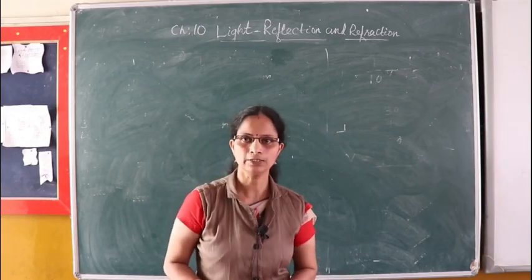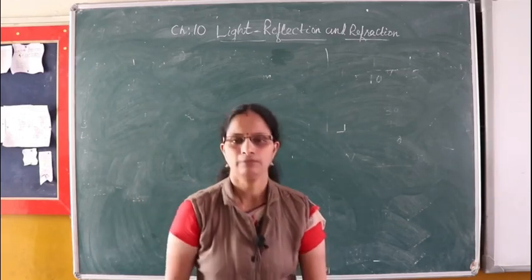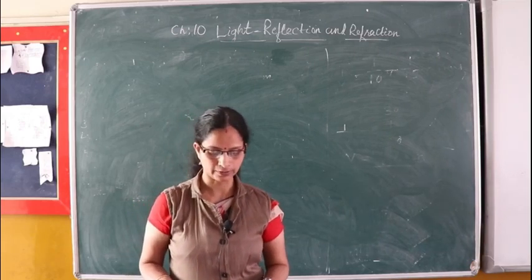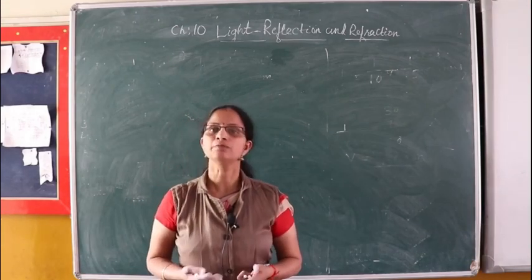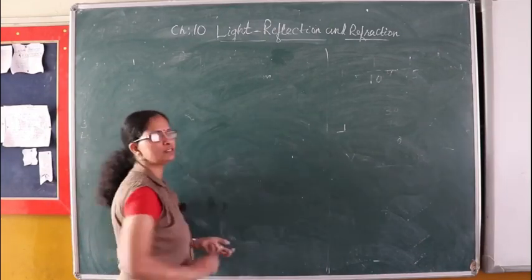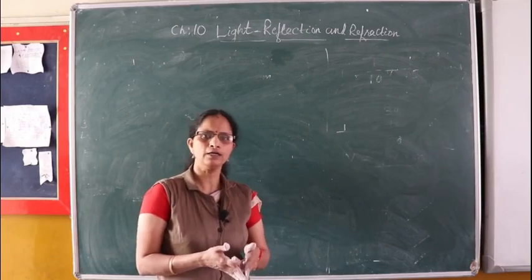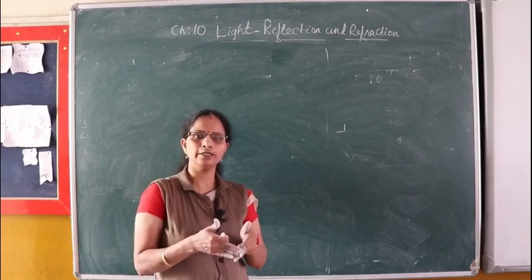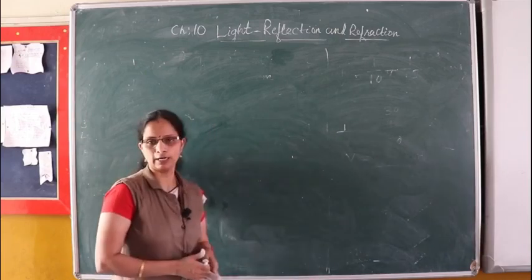Now, moving to the last topic, that is power of a lens. Power means, we know that a convex lens converges the light rays and a concave lens diverges the light rays. So, the ability of a lens to converge or diverge the light rays is measured in terms of its focal length. A lens having a larger focal length will converge the rays at a lower angle, and a lens having a shorter focal length has to converge the rays to a larger extent to make the image. So, it depends on the focal length.